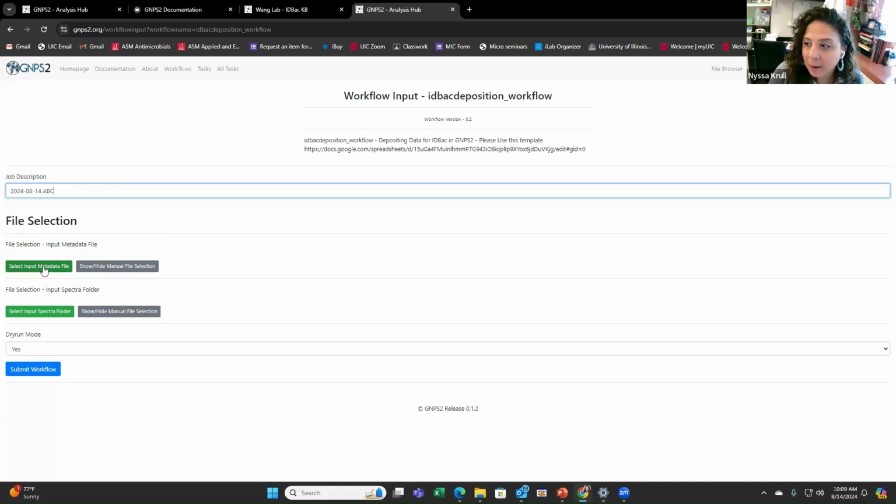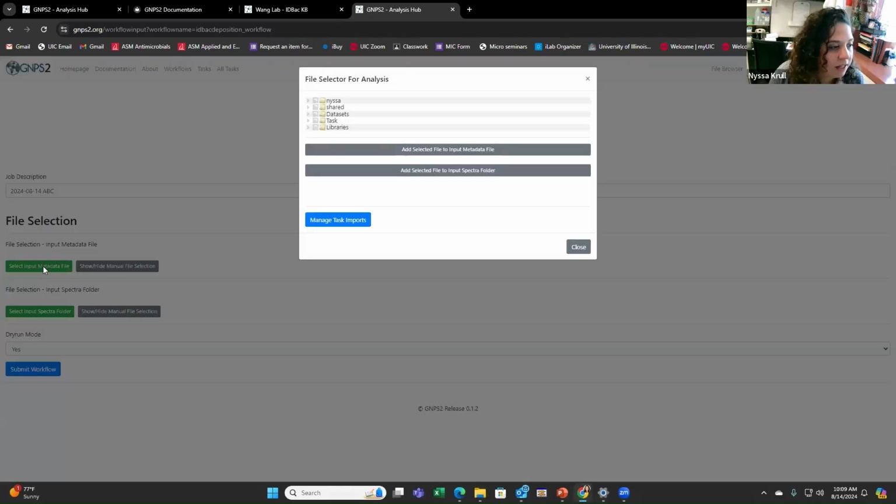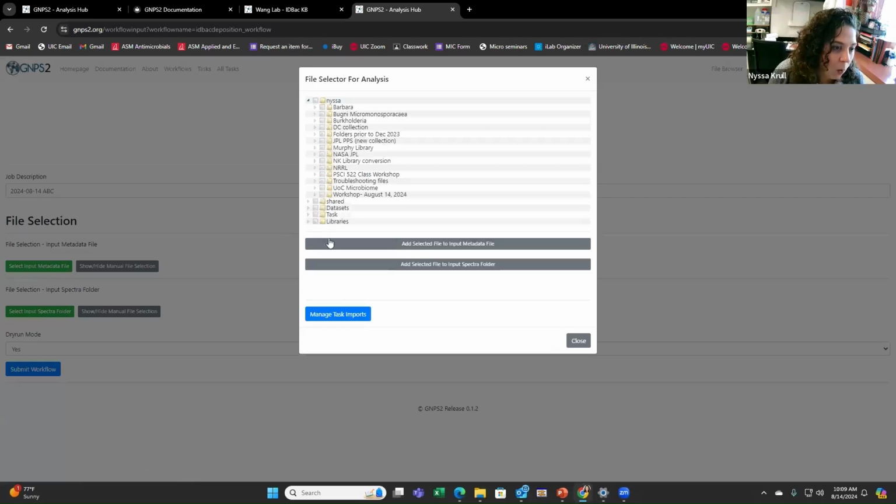And then anytime I click on one of these green buttons, you will be given this pop-out window where you can access